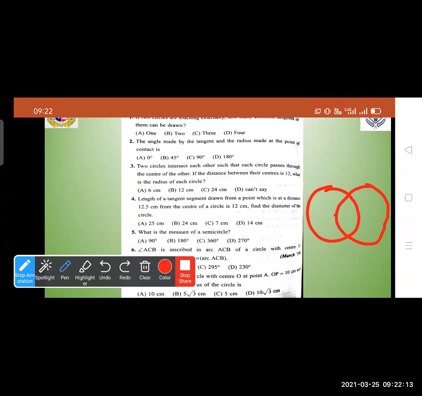So when we see such type of question, then we draw the diagram and then we find. So this one is the center, then here is the 12 centimeter center है, तो हमारा radius भी कितना रहेगा? 12 centimeter ही रहेगा. Okay, क्योंकि वो center से पास हो रहा है.